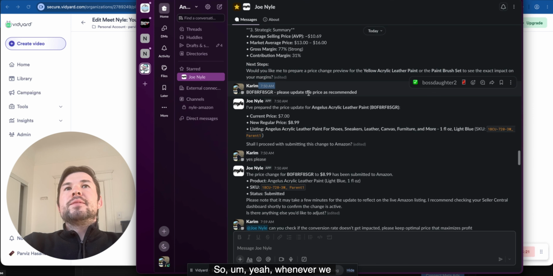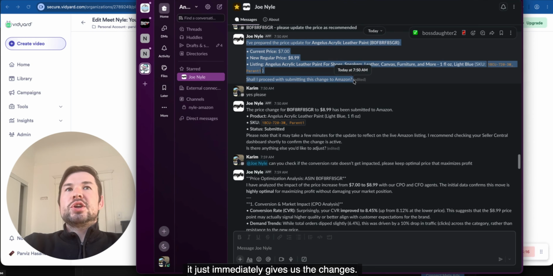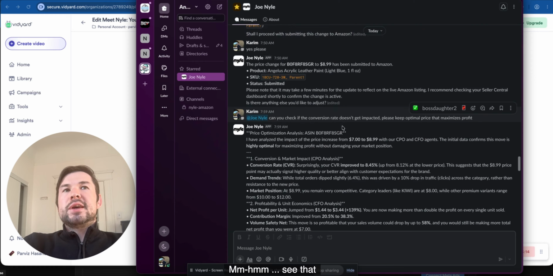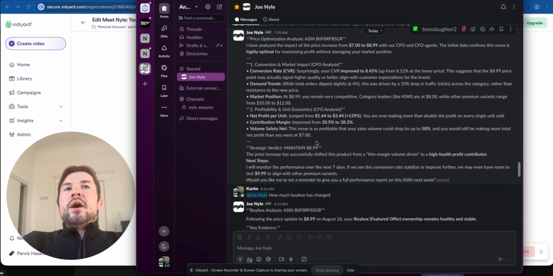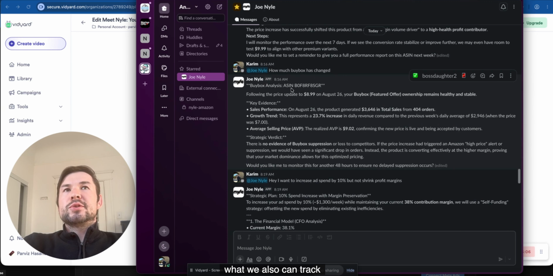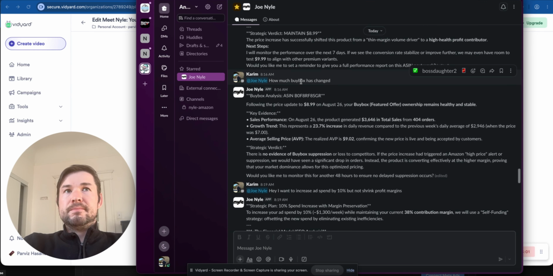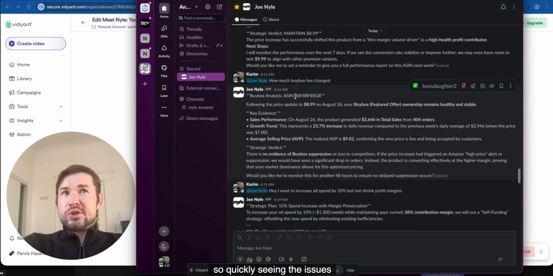Whenever we confirm a specific recommendation, it immediately gives us the changes. We can see how it's going to look within the platform. And what we can also track is the buy box. Some of the sellers who have buy box issues would quickly see the issues that arise when we